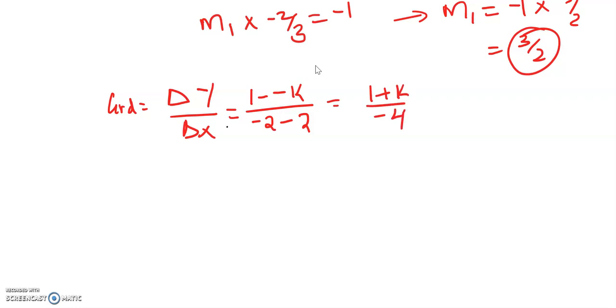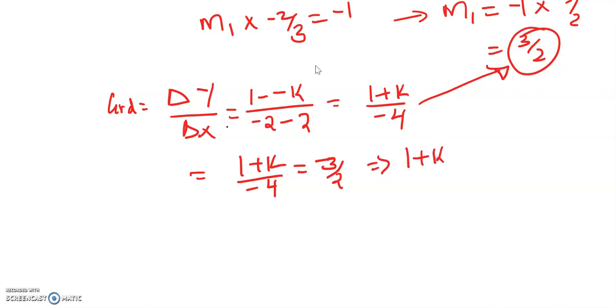So this is the expression of the gradient of the first line. Relate this one to the perpendicular gradient that we had. Which means that we are going to get (1 plus k) over negative 4 is equal to 3 over 2. If you cross multiply this, then you will get that 1 plus k is equal to 3 over 2 multiplied by negative 4, which gives you that